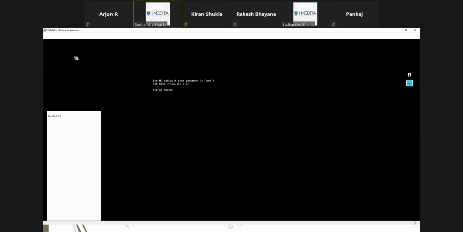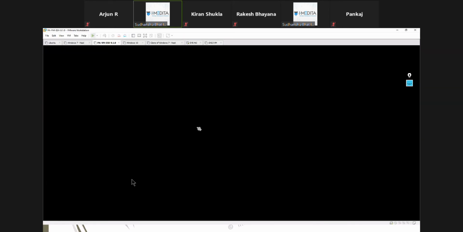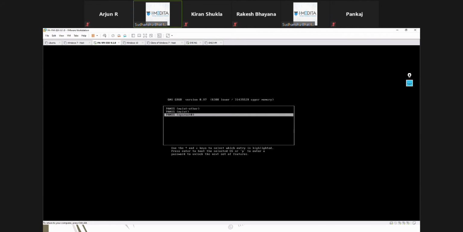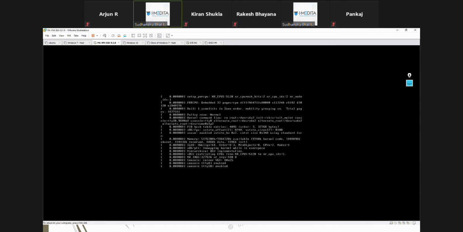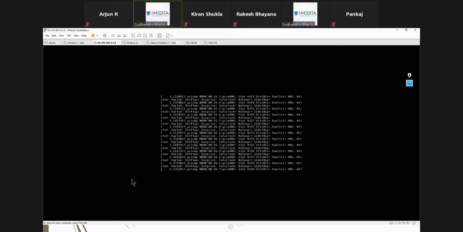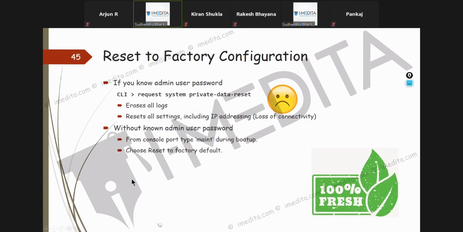Now I'll just show you this on this other firewall. Okay. See, I'm powering it on. And you see, I have to press enter and quickly type MAINT to make it go into maintenance mode. Here, I have to select MAINT mode. Okay. Maintenance mode, PanOS MAINT. This we have done with screenshots here. Do you see it?